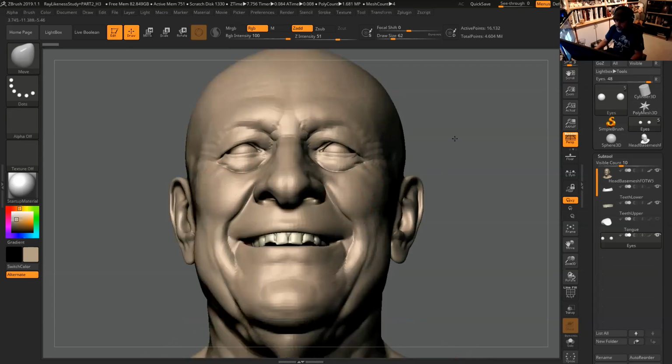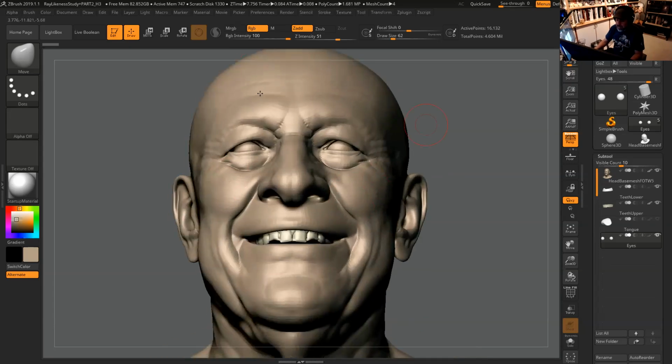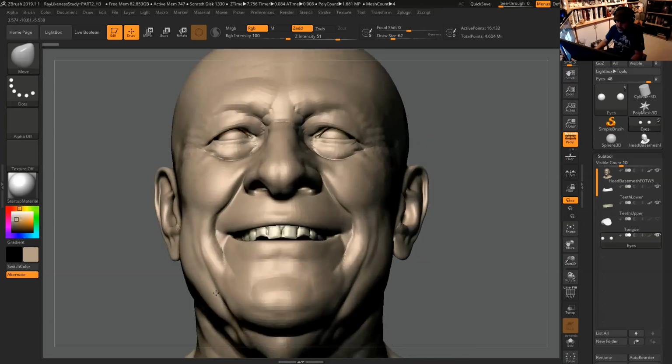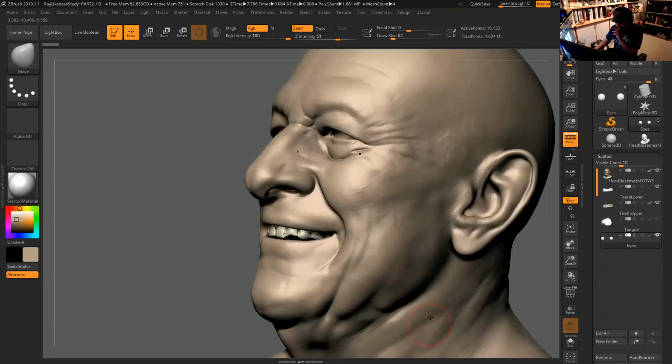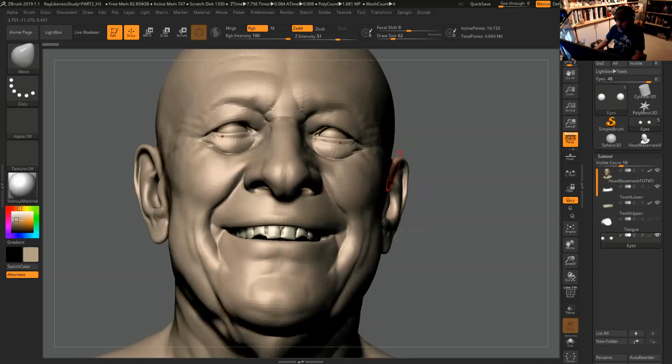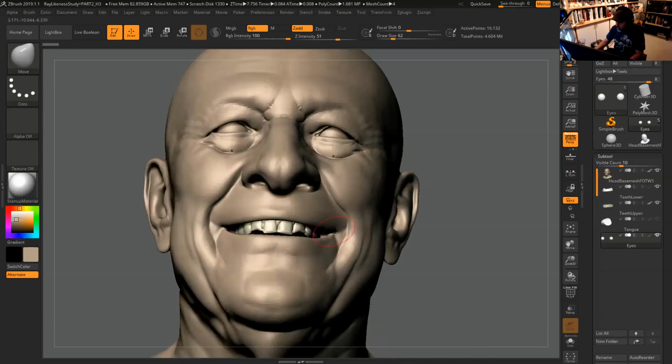I'm not going to say all the pores, but at least the mask. And what I call the mask is basically from the chin all the way to the eyebrows, just the front, right? Everything else is more secondary, like the neck, the sides of the face and the forehead. But I would say until you have this area covered with the pores, not wrinkles, just the pores, I would not break the symmetry.